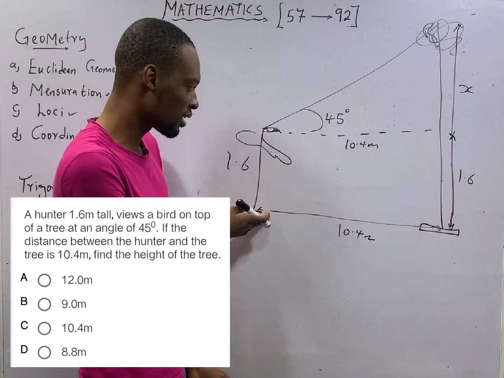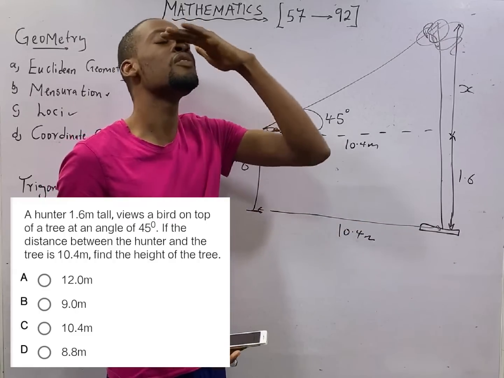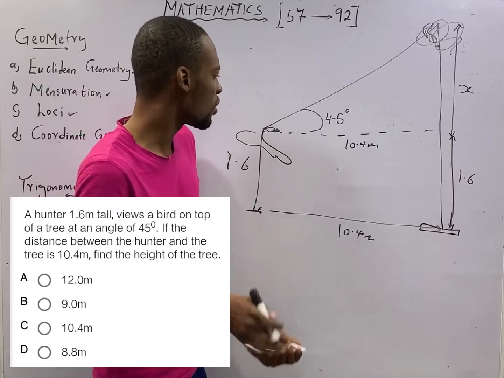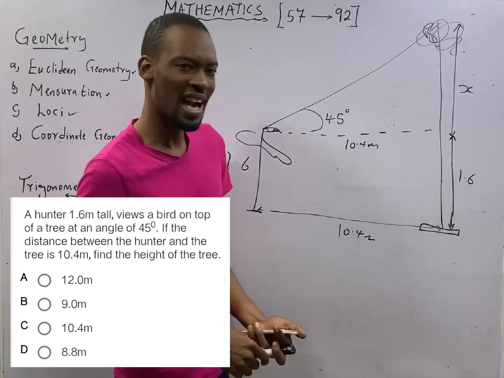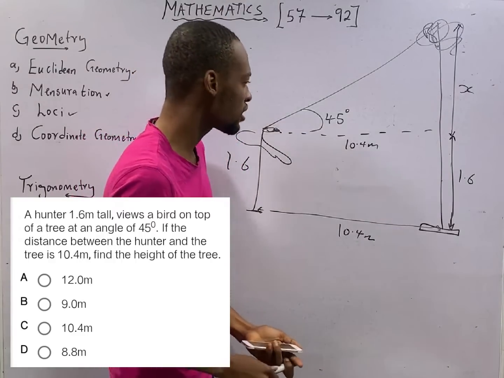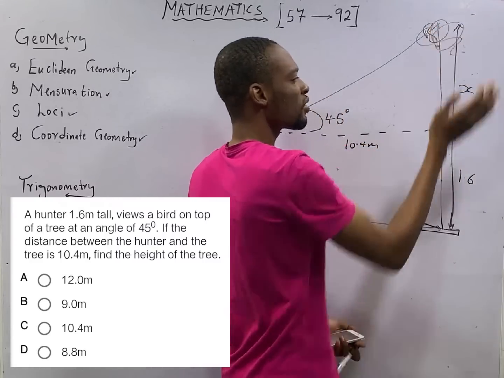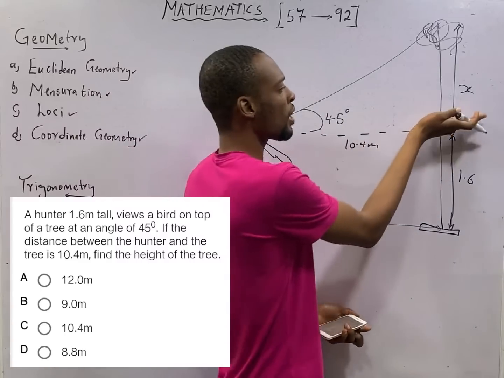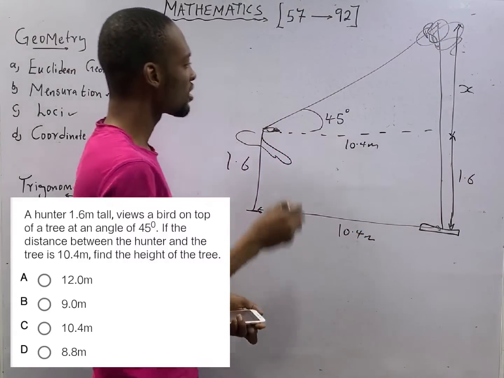This is the leg of the man, the base of the tree. Angle of elevation is usually taken from the top, the eyes of the man, like this, not from the legs. So, since this is the angle of elevation, to calculate the height of the tree, it will be the height of the man already plus the remaining part of the tree. The remaining part of the tree will make up our opposite here. So we can get that using tan